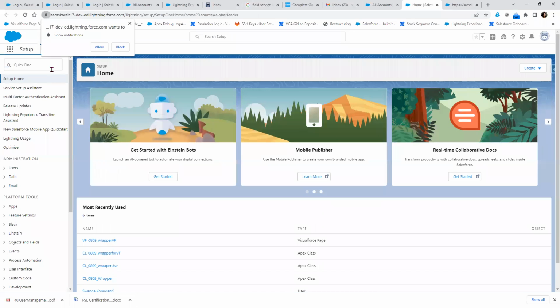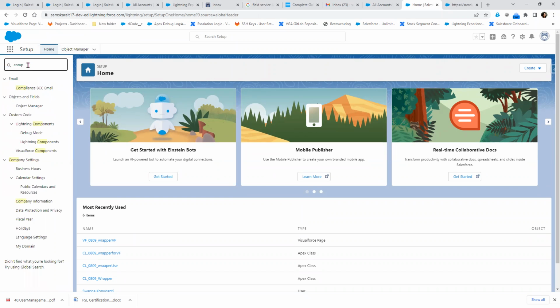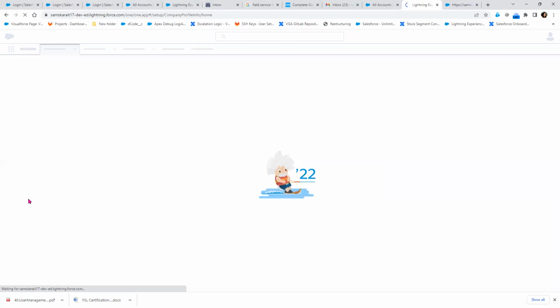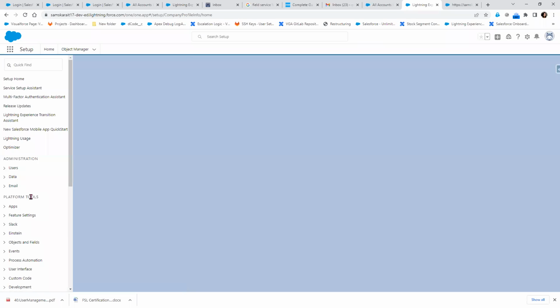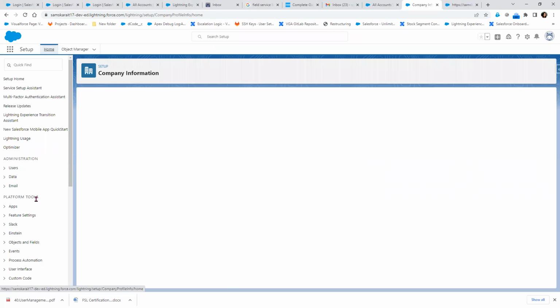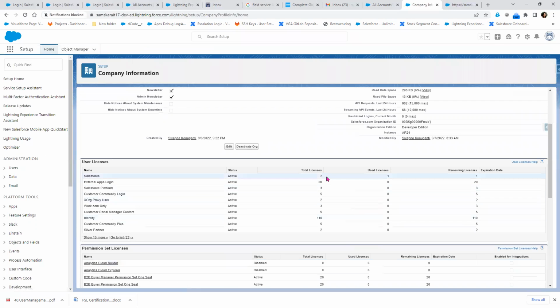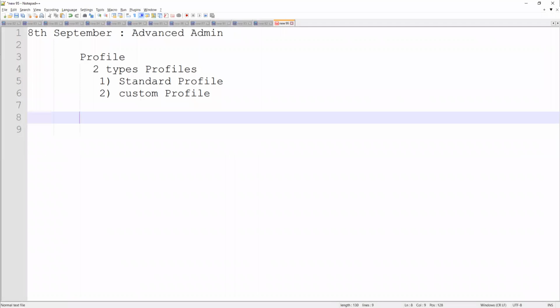Now here, Company Information. Inside this Company Information, I can see what licenses are available with this org. How many are there? I have one Salesforce license and also I have three Platform licenses. Okay. Now what we will do today is